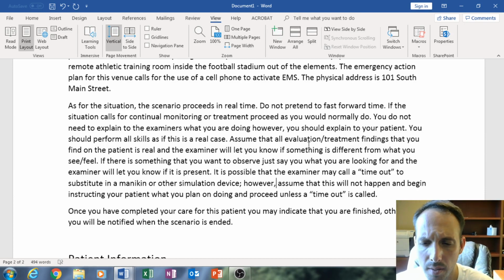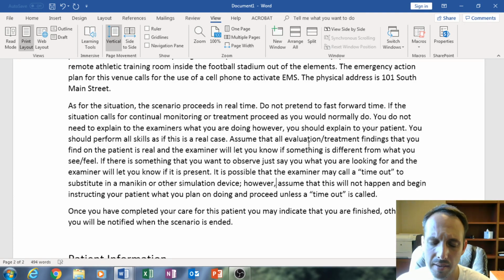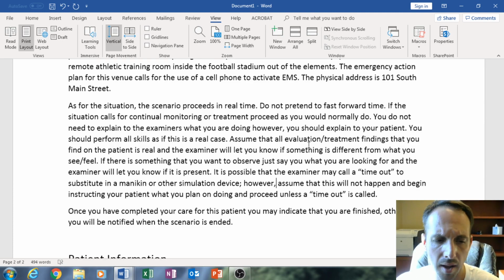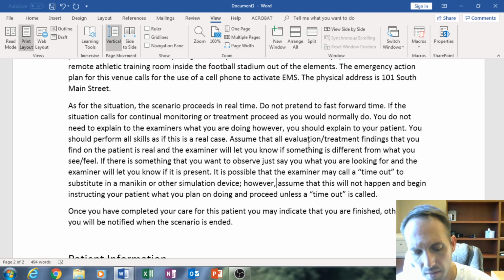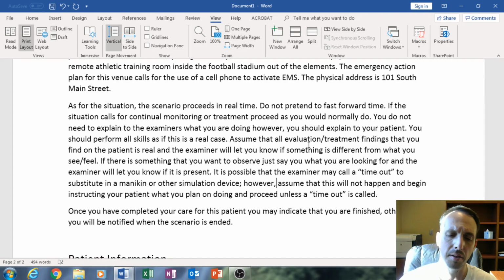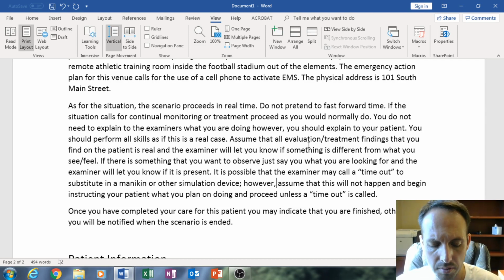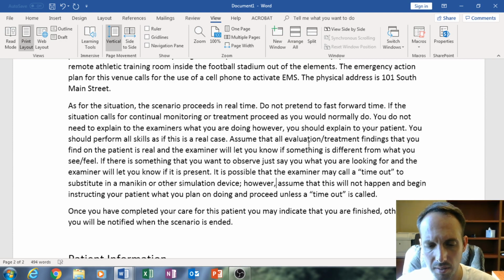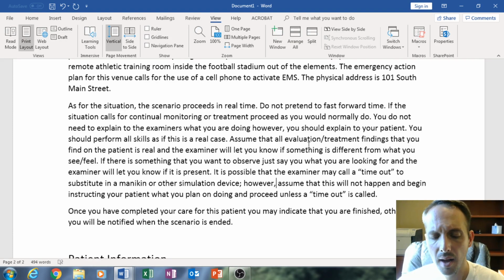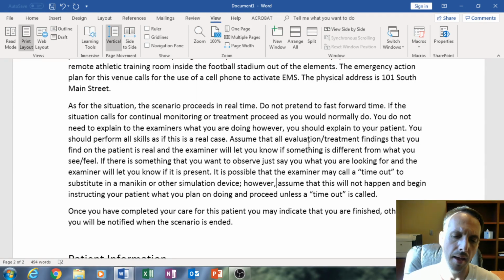It's also possible that we may need to substitute in a mannequin or other simulation device. If that's the case, we will totally control that and let you know. We'll just say timeout and bring in the mannequin, and say this is now your patient. Go ahead and proceed. Otherwise, just continue. So in this case, if the patient were to go unconscious, as opposed to doing chest thrusts on our mock patient, we would call timeout and